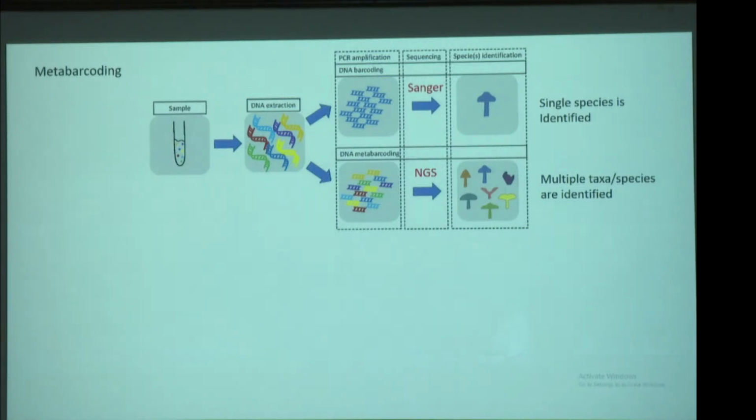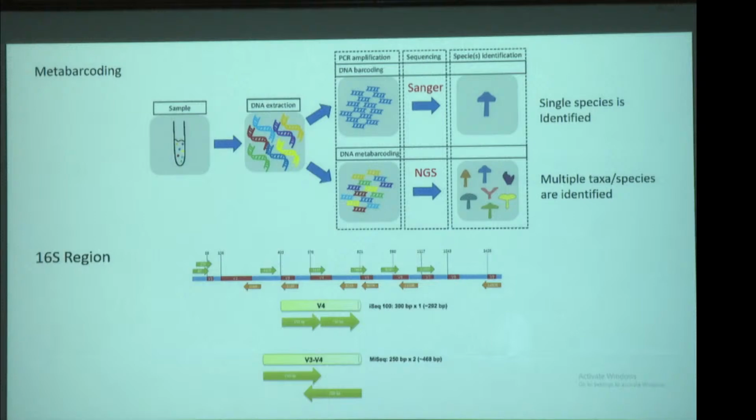But in metagenome, for example, take the rhizosphere. The rhizosphere is the soil that is very closely attached to the roots of any plant, and it contains many organisms, bacteria, fungi and many more. So at a time, simultaneously, we identify all the organisms present in that particular sample. So you can see in that barcoding,